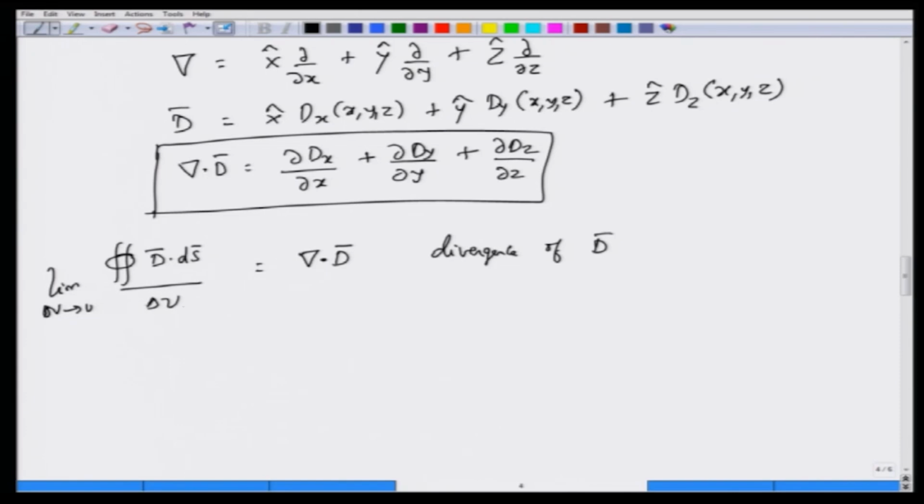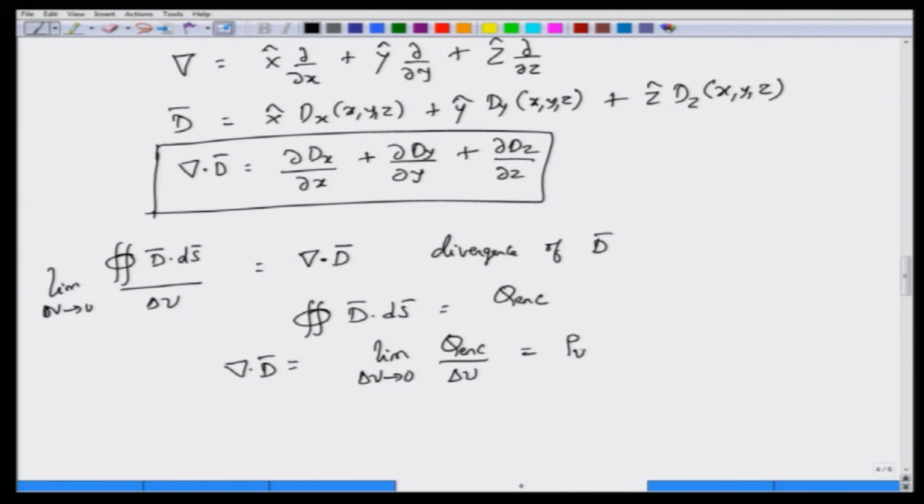Now, you can transpose the limit of delta v going to 0 onto the right hand side. Since we already know that the integral of D dot dS is the total charge enclosed by this differential volume element, you can replace it by the total charge enclosed, and then you can see that del dot D will be equal to the limit of delta v tending to 0 of the charge enclosed in that volume element divided by delta v. So, the charge enclosed in the differential volume is by definition given by the volume charge density